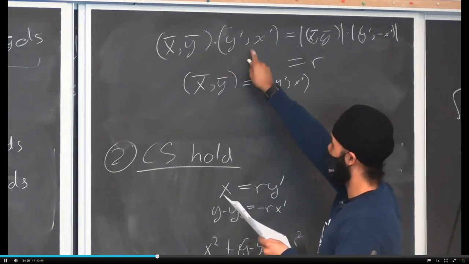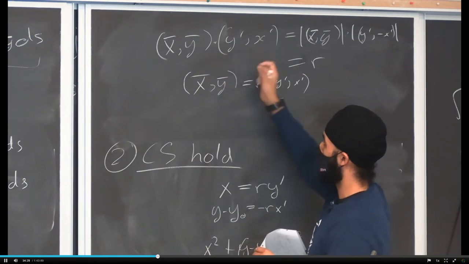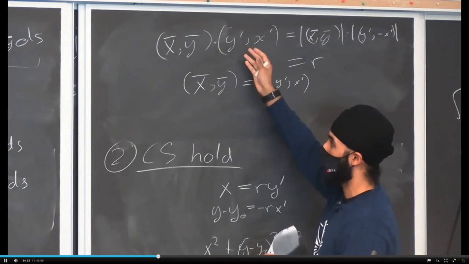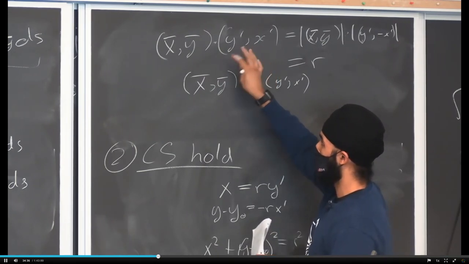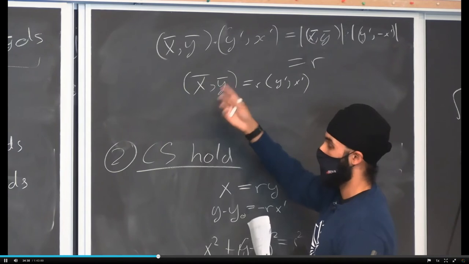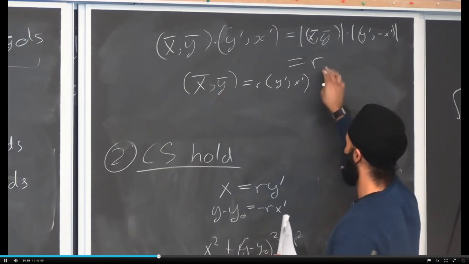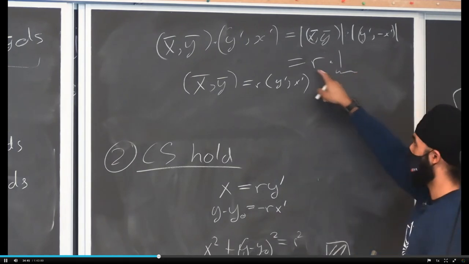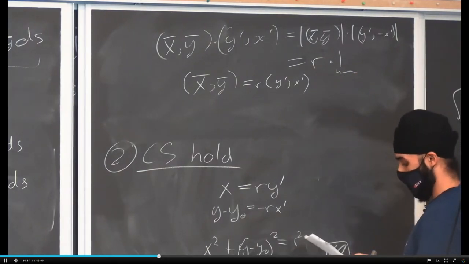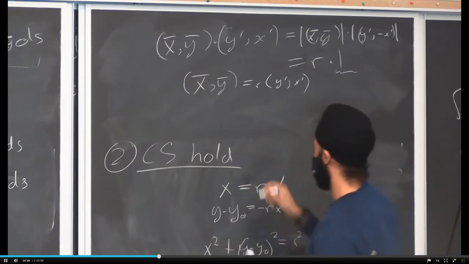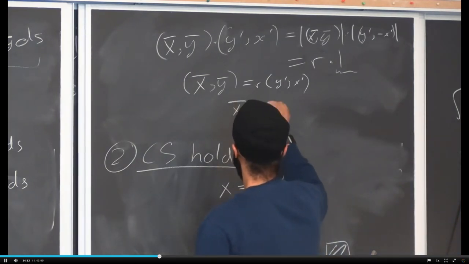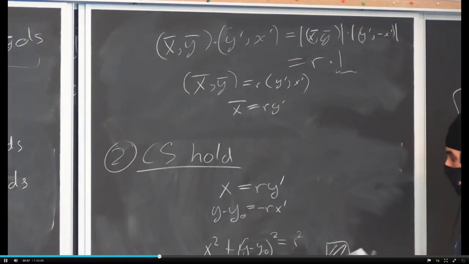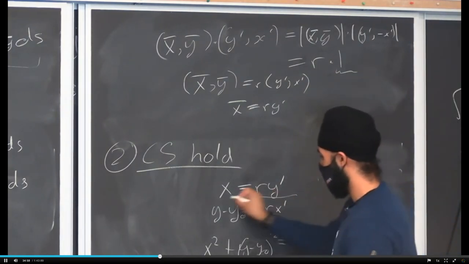And if this is a scalar multiple of it, in the dot product we can pull the scalar out, and we're going to have two unit vectors multiplied together. The magnitude is still going to be 1. So we get 1 times the scaling factor. And on this side, this is 1. This is going to be our dot product of the two unit vectors. That's why the constant is equal to r. And this is how we get our first equation, x equals r y prime. That's our first equation. The second equation is a little bit trickier